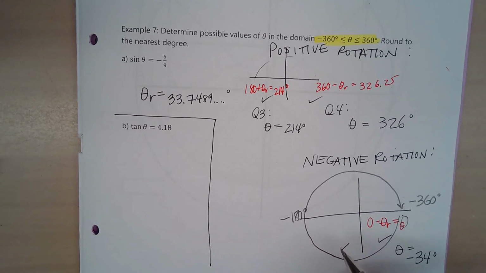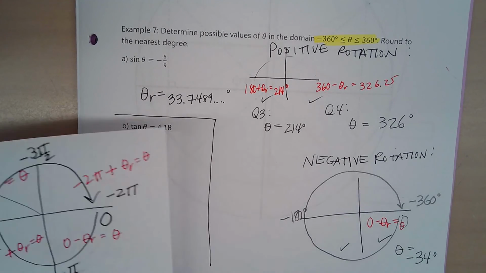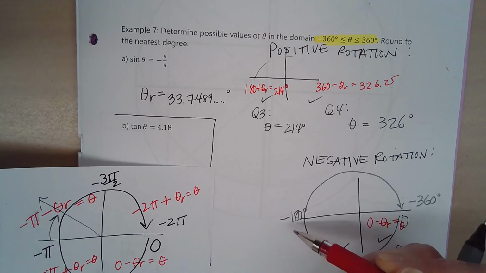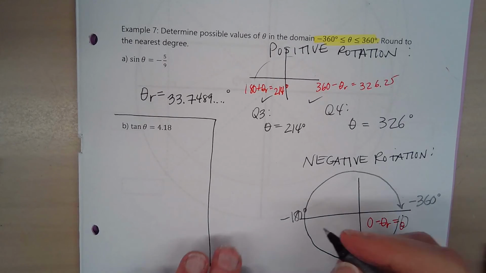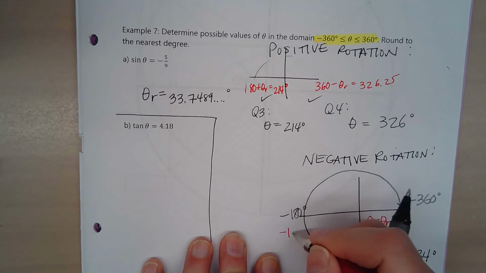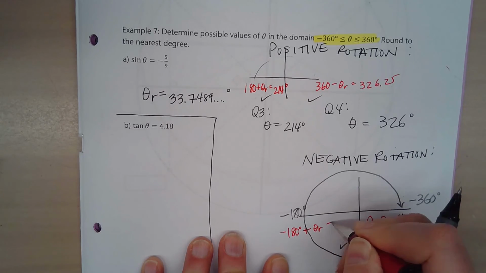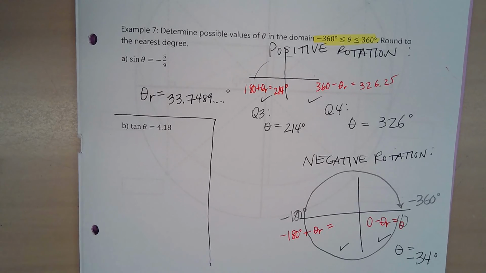And then here, what did we say here? We're starting at negative 180, right? And we're going in the positive direction, right? So it's negative 180, moving in the positive direction, plus your reference angle, and that equals, thank you, negative 180 plus